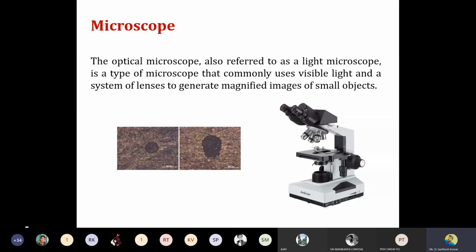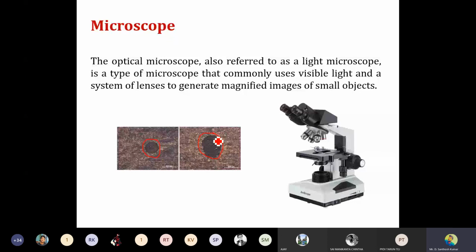So see here, in this image, you can identify the pit. These kind of pits happen on the surface due to corrosion, but these are all very, very small in size. It is very difficult to identify, because you can identify that something has happened on the surface, but you can't identify whether it is a pit or something else. That's why you have to go for microscopy techniques. Then only you can easily identify what exactly the defect is. And here we are going up to around 10x to 1000x magnification.